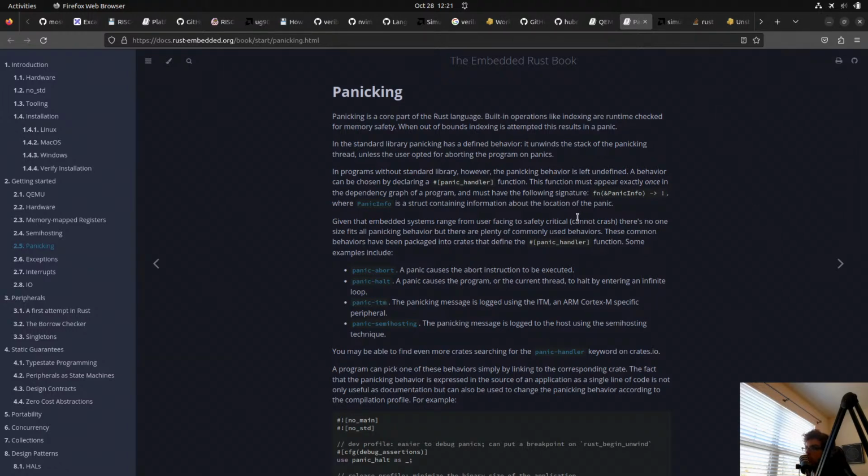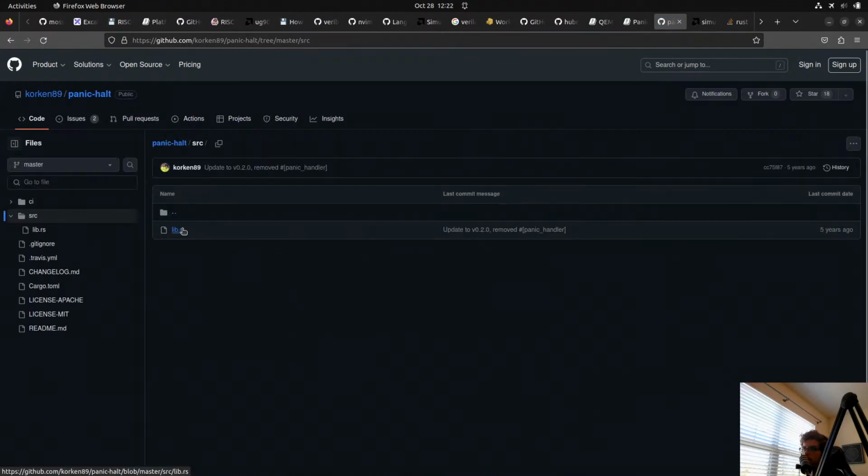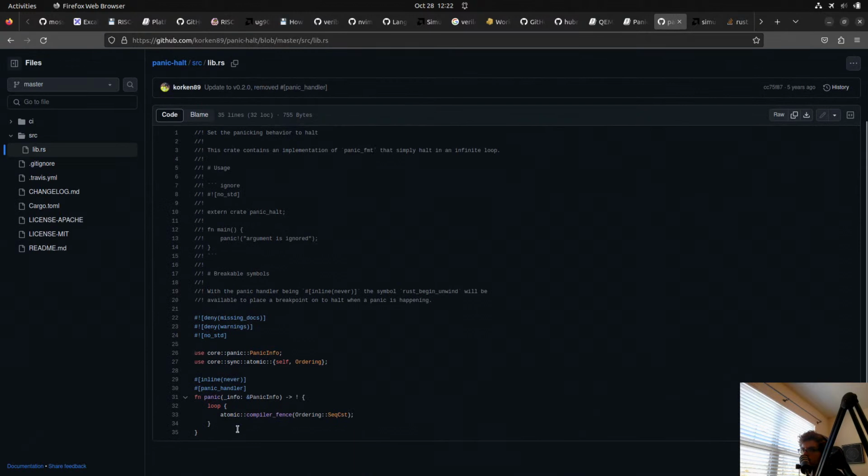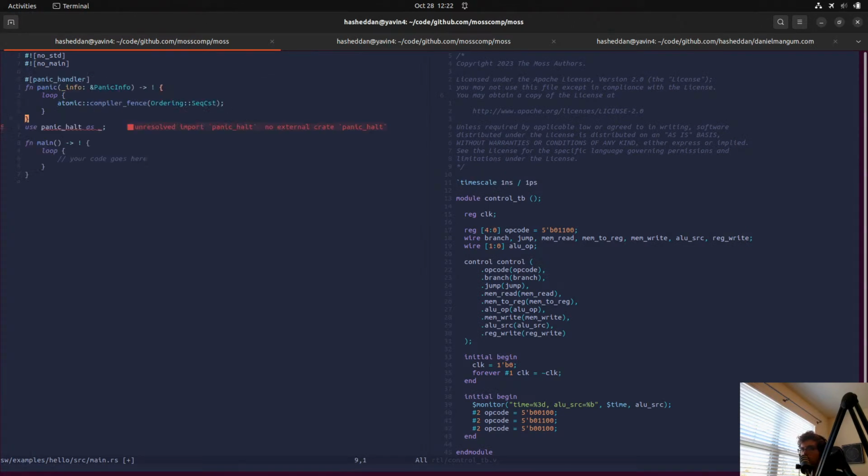Containing information about the location of the panic, given that embedded systems range from user-facing to safety critical. Let's just look at some of these examples here.